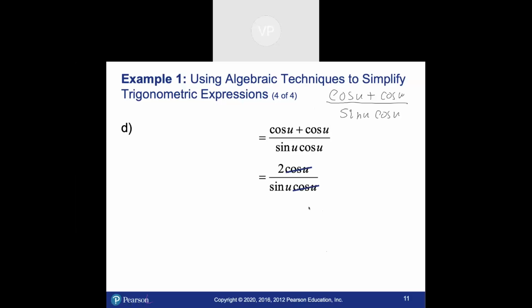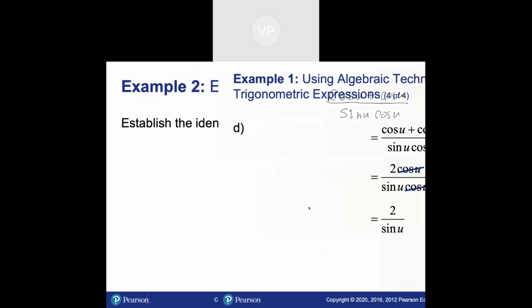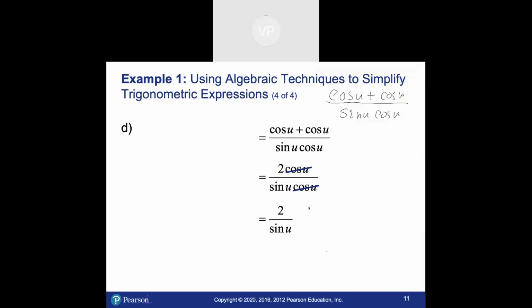And you could do this if everything is factored and you only have one term on the top, no more pluses and minuses, no things added together. Cancel them off, and we're left with just 2 sine. We'll go back. Okay, so that, a lot of steps, but this is the idea that we're going to be